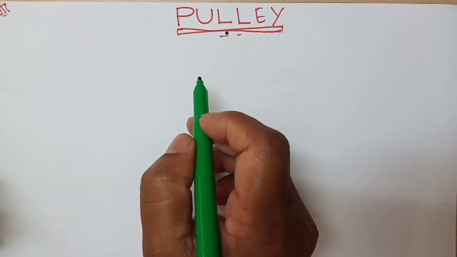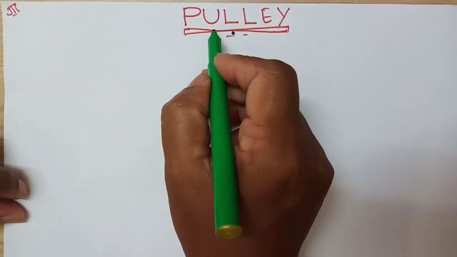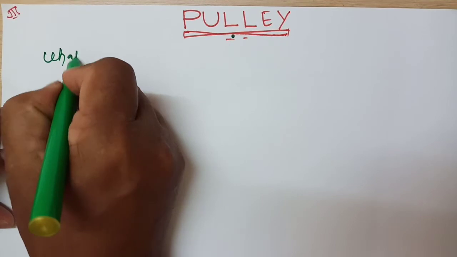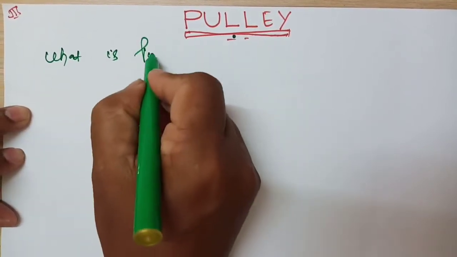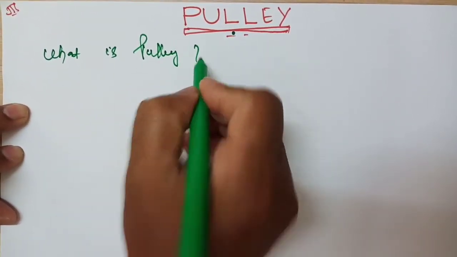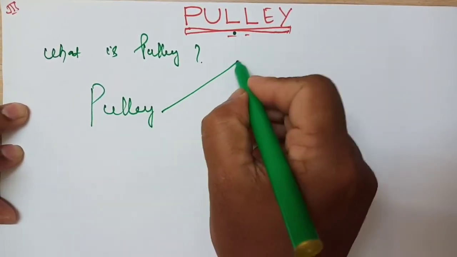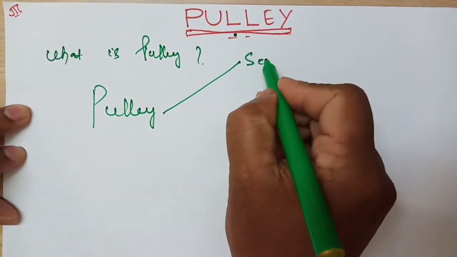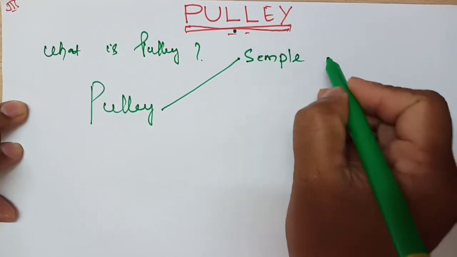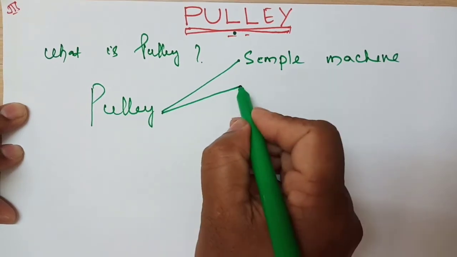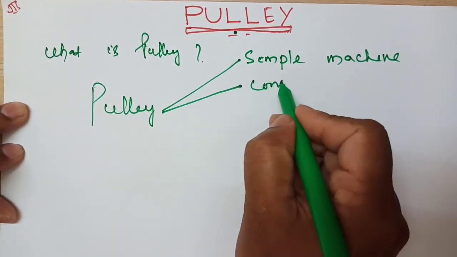Everyone, we will study 10th class physics, the simple machine pulley. So first you know what is pulley. What is pulley? Pulley is a simple machine. First point, it is a simple machine. Number one. Second one, it consists of